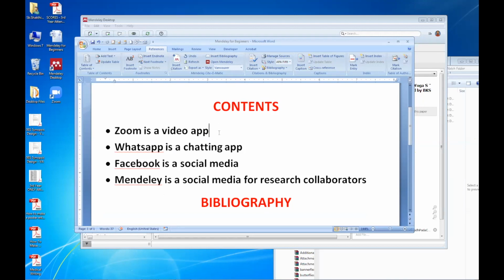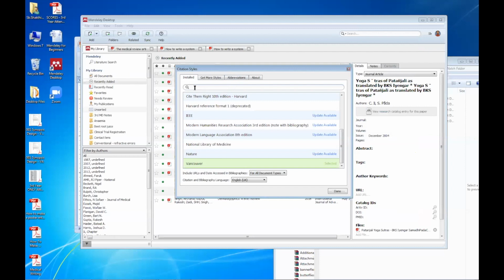See, open Mendeley. I press this button, open Mendeley. It is going to show me some window. Okay. See this, Vancouver. This is the style that Rajiv Gandhi University recommends for us to have.